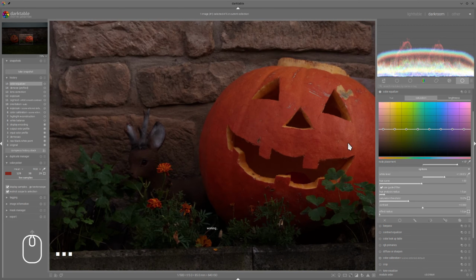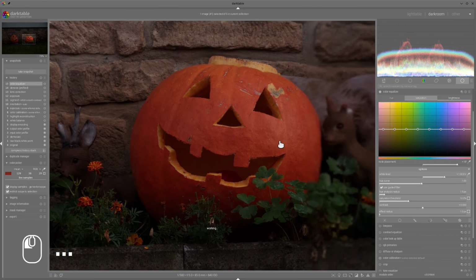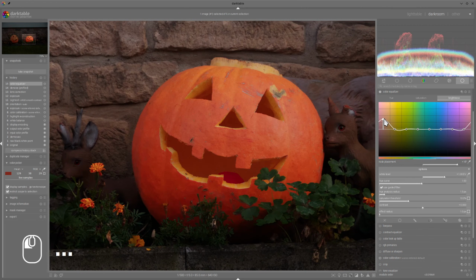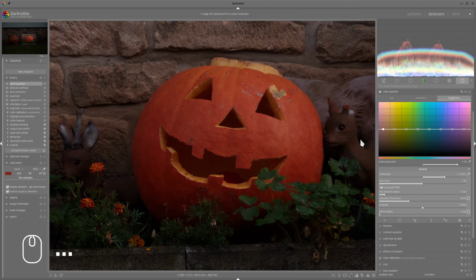So let's go a bit more near, so that you can see what happens. And if I do that with the brightness tab, if I move that node up, we have now brightened that area. But as you can see, we have lost some of the details. If I go back and do that again,